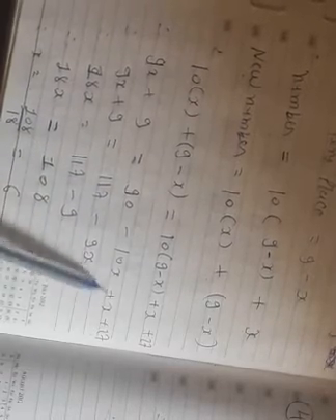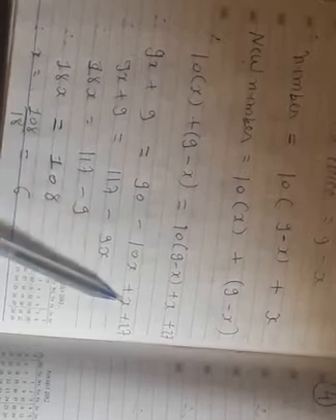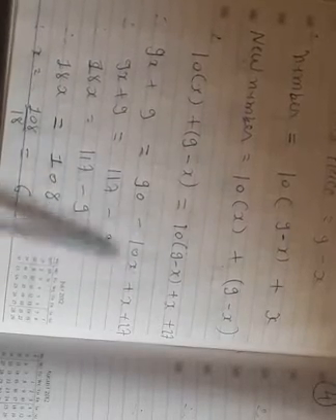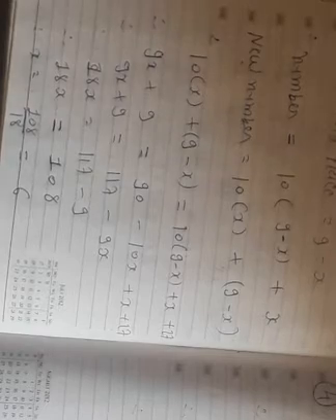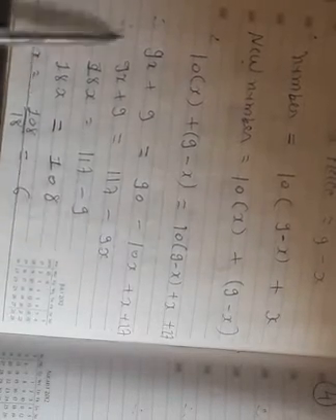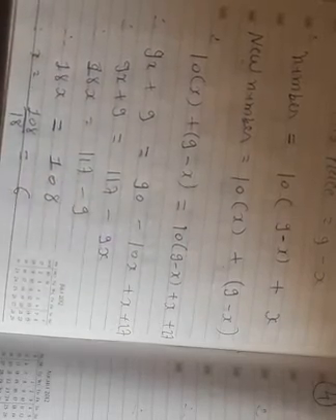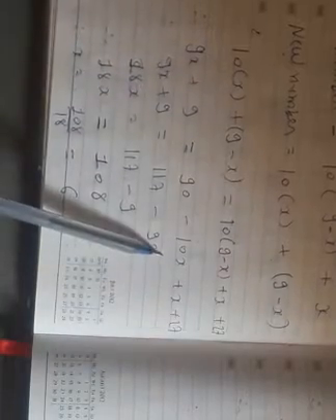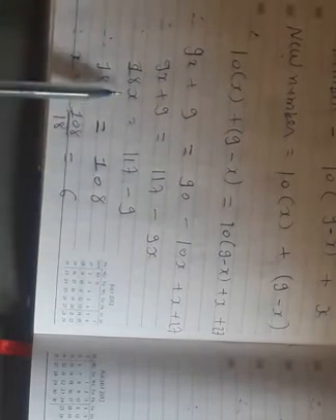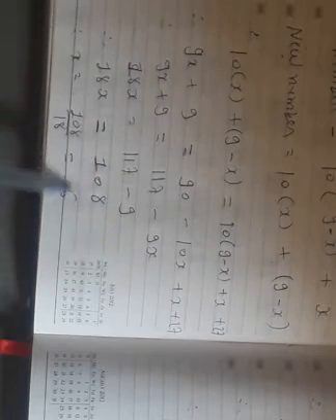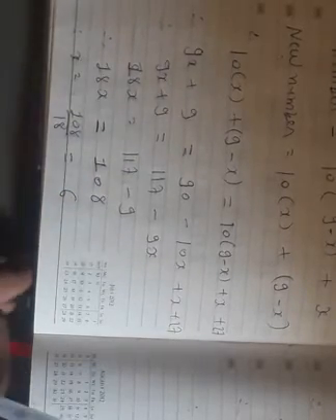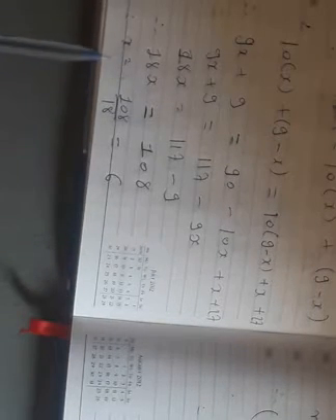Here we have different signs, so we subtract them. 10x minus x is 9x, and the 10x is bigger, so we take the minus sign here. If I take this minus 9x to the left side, it becomes plus 9x, and plus 9 becomes minus 9 on the other side. So 9x plus 9x is 18x, and 117 minus 9 is 108. Now dividing by 18, 18 times 6 is 108, so x becomes 6.